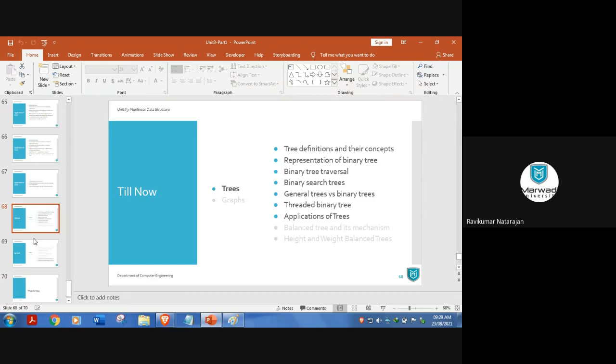Now my next question is, what are the terminologies we have learned in trees? There are a lot of terminologies, around 10 to 12: root, child, sibling, subtree, parent, and then height. Do you know how to calculate height? Level and depth we have seen. Then node, edges, vertex, path.